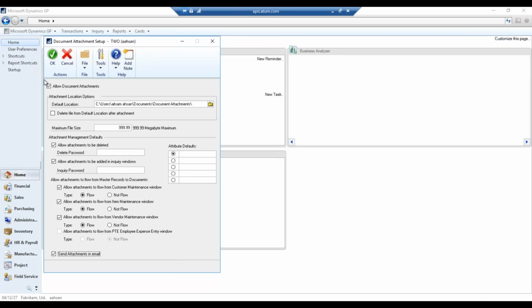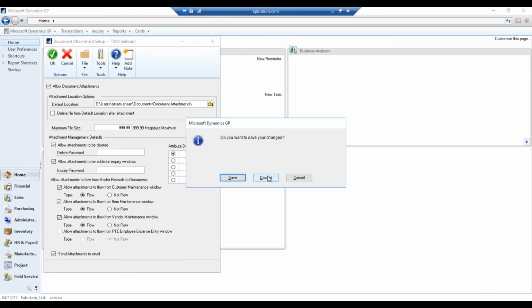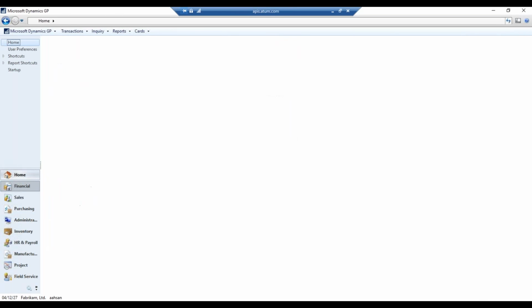send that out. So I'm going to do one thing here. So see what we've created. I'm not going to save this because I want you guys to see what it's going to do. So let's go ahead and discard that. If I go to financial here,